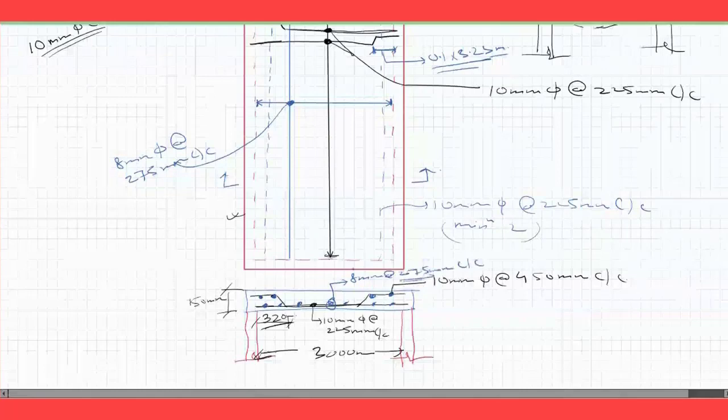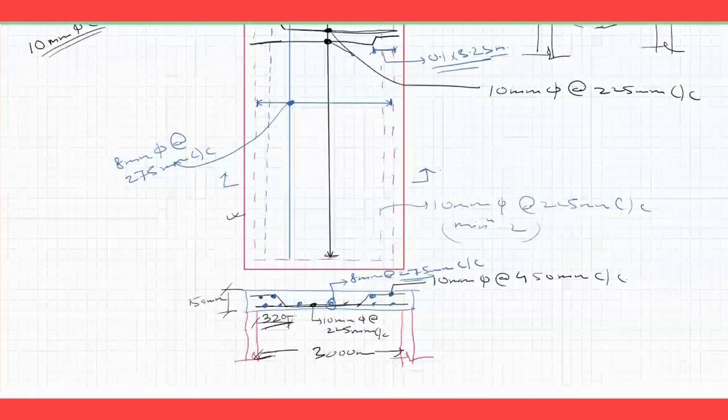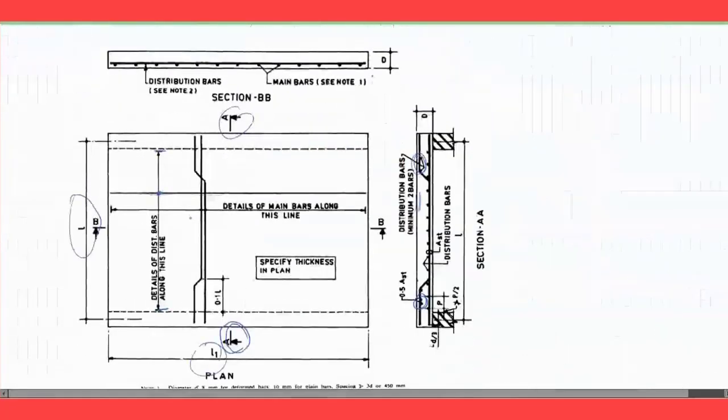So this completes the detailing of the slab by referring to the design which you have done. Ultimately you have to make this kind of detailed drawing after performing those calculations. I hope this is clear, and you please spend some of your time looking into this drawing also to understand how exactly this has been done. Is this clear to everyone?